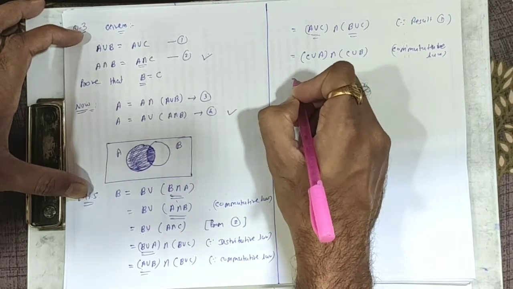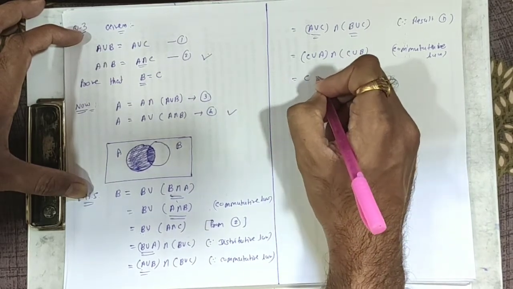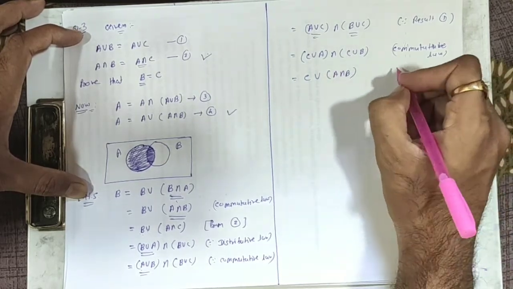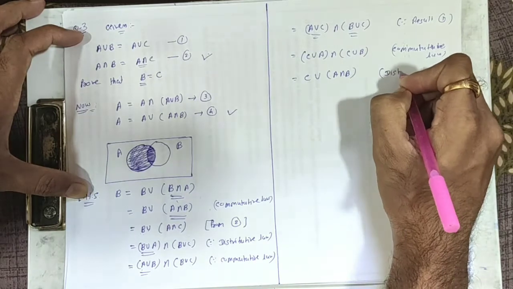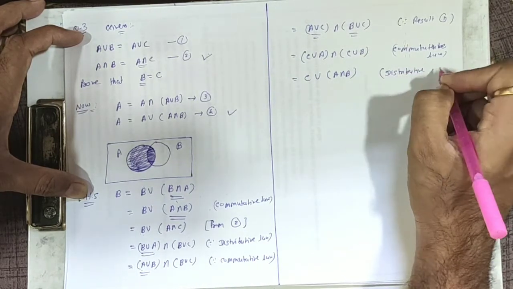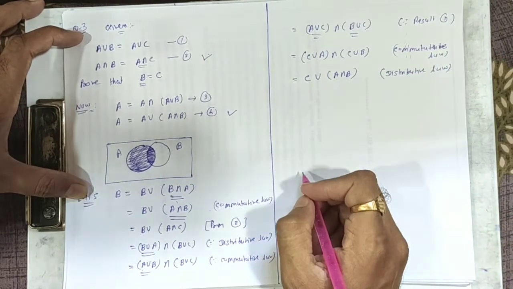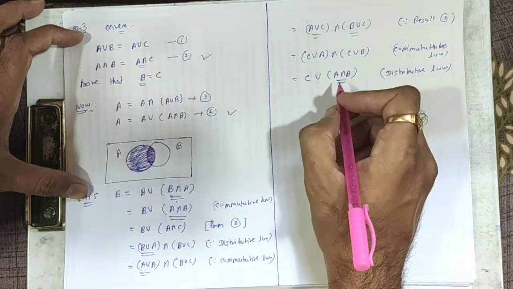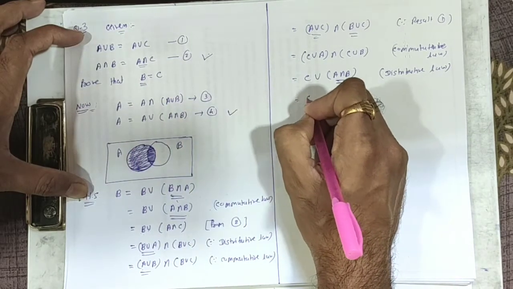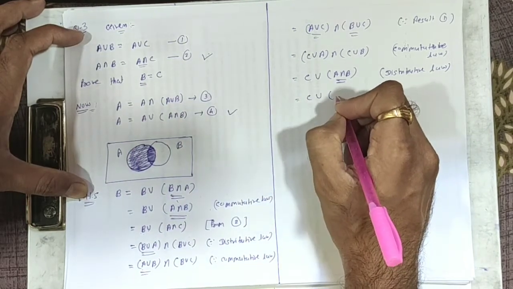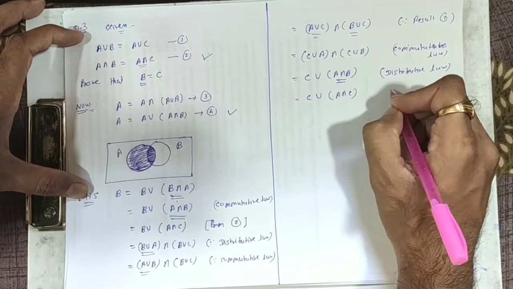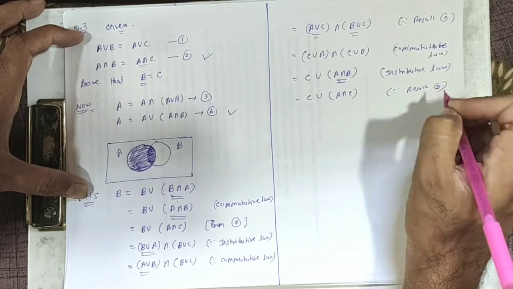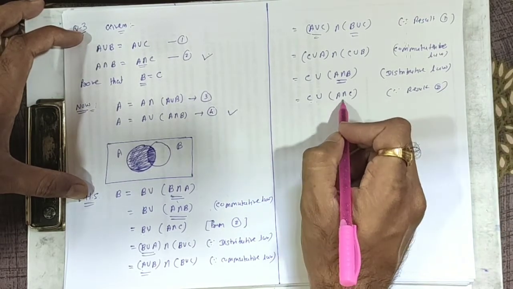Now this is again the result of the distributive law, which is written as C union (A intersection B). Done. So that is the second part of the distributive law, or you can say the right hand side of the distributive law. Again, this A intersection B can be replaced with A intersection C. It's C union (A intersection B), which is nothing but A intersection C. This is again from result 2. So that is C union (A intersection C).